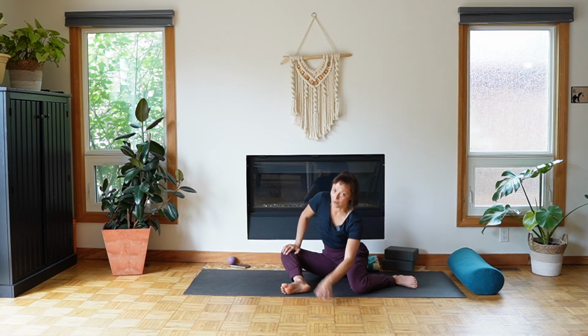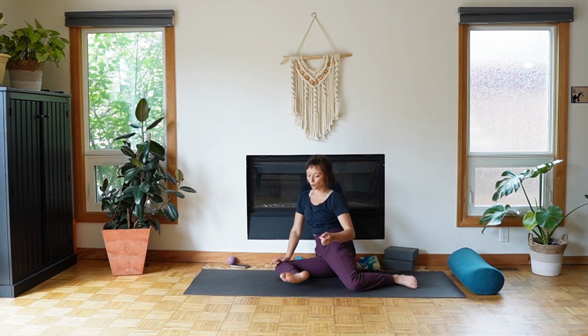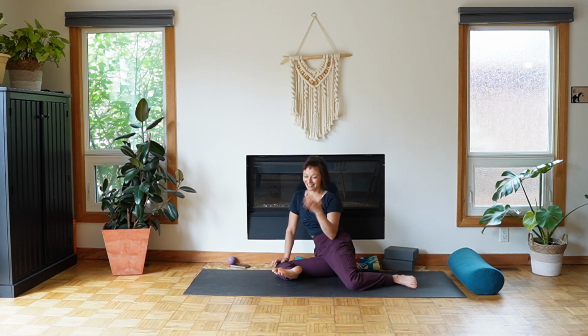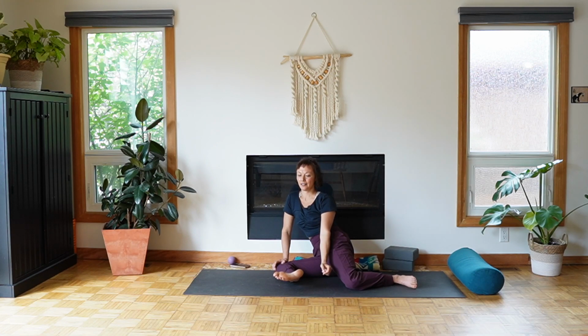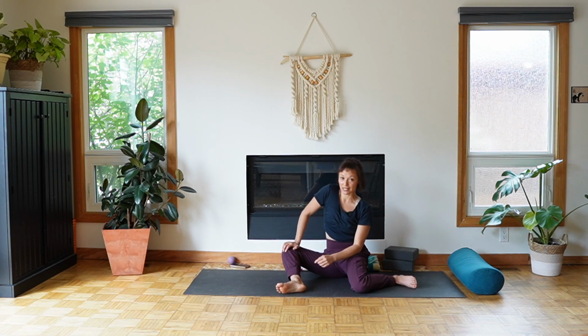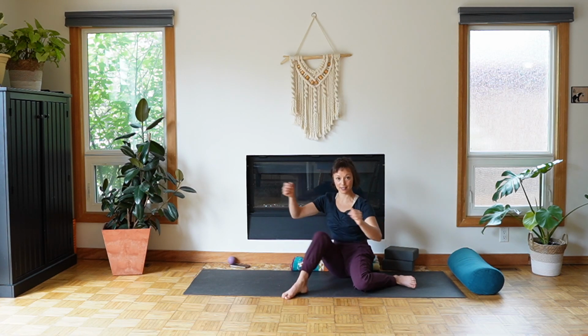So wherever it feels comfortable to be, push for one, two, three, and then switch. One, lift. Two, try to press the knee down, lift the whole outer shin. Three, and then press down and push. One, big, you're trying to do this movement. Two,